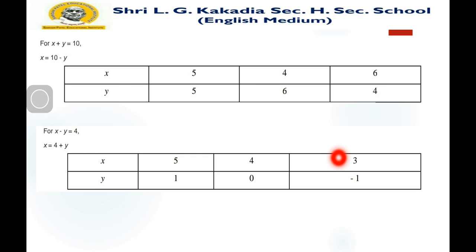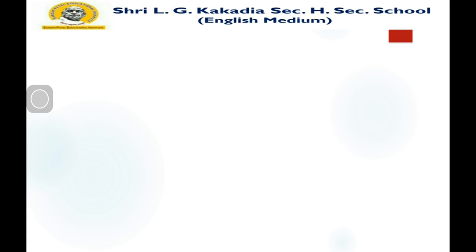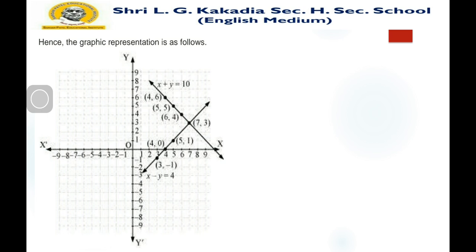coordinates of R are 3, minus 1. So let me draw a graph according to the given points. Then we get such type of graph. So hence the graphical representation is as follows. So when we put the value here,